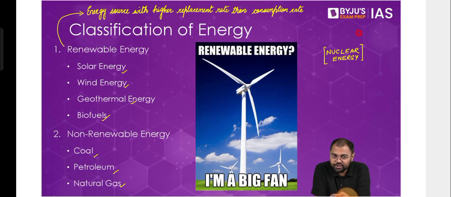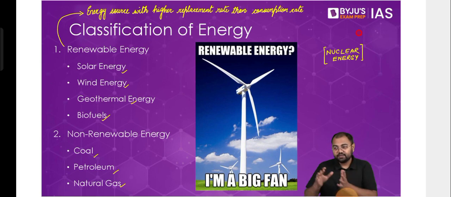The electricity production that happens through nuclear energy is based on nuclear fission, and nuclear fission is carried on with the help of uranium. Now, of course, uranium is also a mineral inside the Earth's crust, and it is present in a finite, limited quantity. So when we look at the present scenario of how we are using nuclear energy, which is based on uranium, you can safely say that it is non-renewable, because uranium is finite.